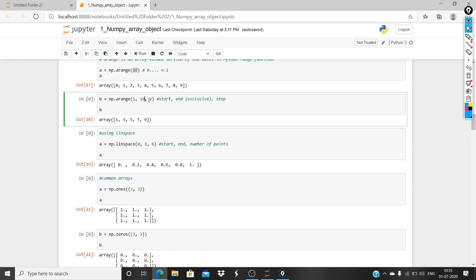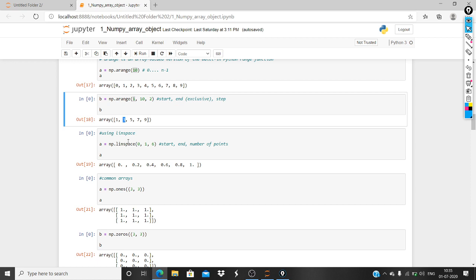And then how much step size. So this is step size. I think I've told you this before also. What is the step size? Step size is how many elements it should skip before printing another element. So step size is 2, it starts from 1, then skips and prints 3, so one element will be skipped.